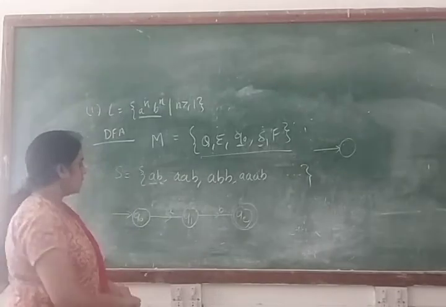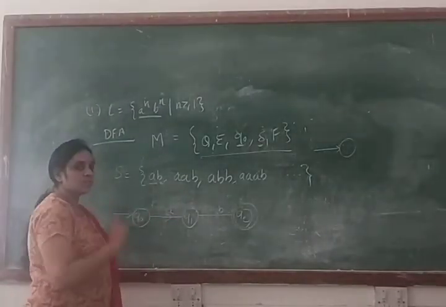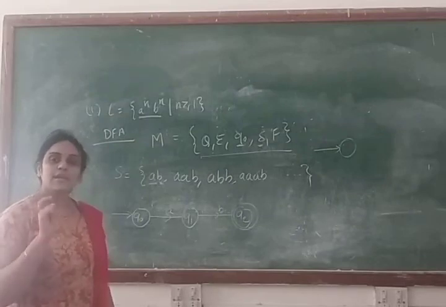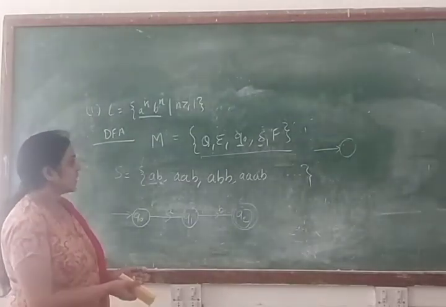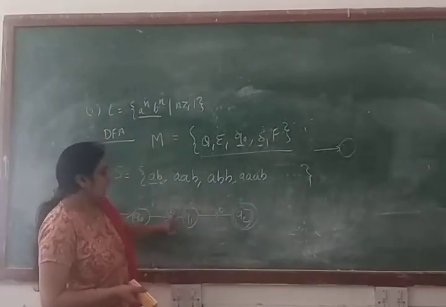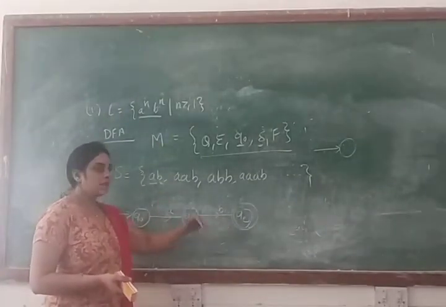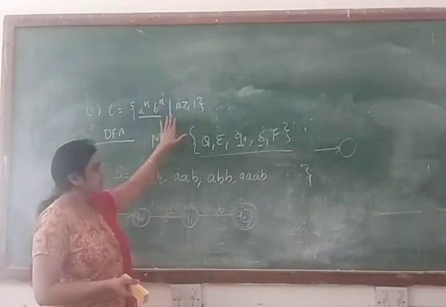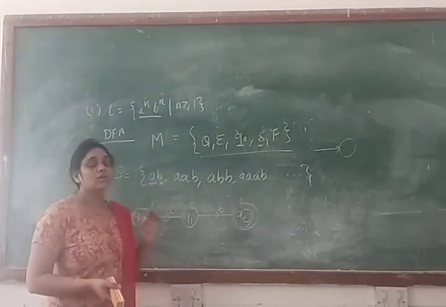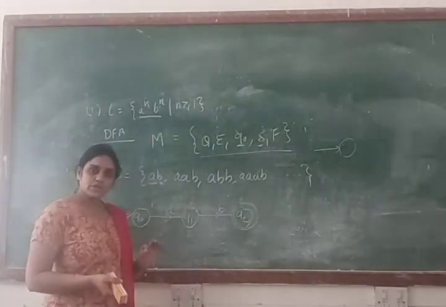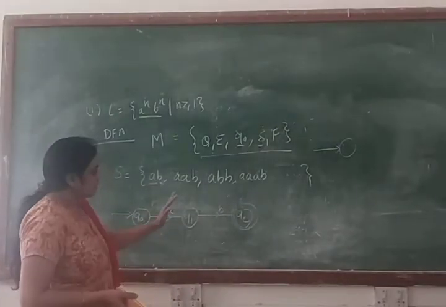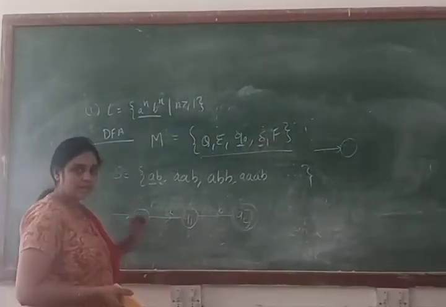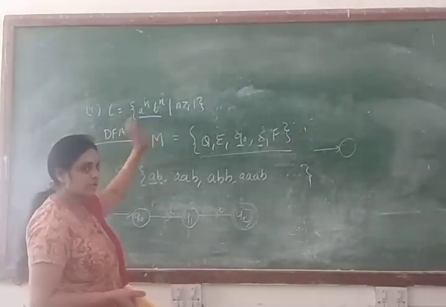Clear? So first what we will do is convert that machine into a DFA, and we will convert that machine for the infinite length language. What is meant by the infinite length language? It means we convert this machine for that language, and in that case this machine will accept all the strings which are generated from this language. That is the meaning of an infinite length language machine. If you convert the machine for that language, it will accept all the strings generated from that language.